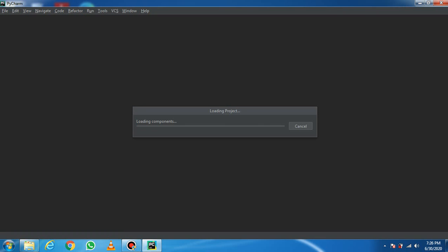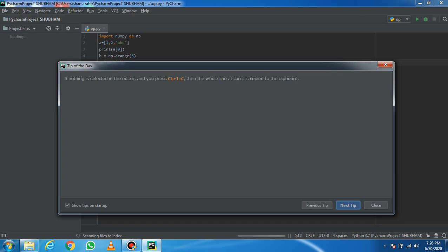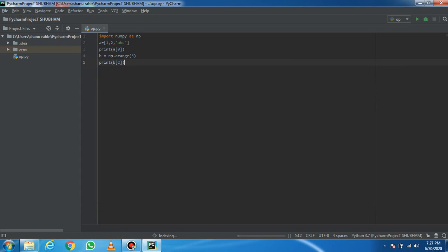Now first it will install all the components which will be required by you to do any kind of programming. In general, it is used for high programming skills. When we build an app using Django, in that chapter you will notice that PyCharm is much better than all kinds of platforms. So just first delete this.